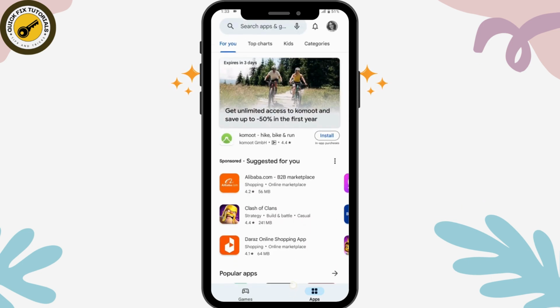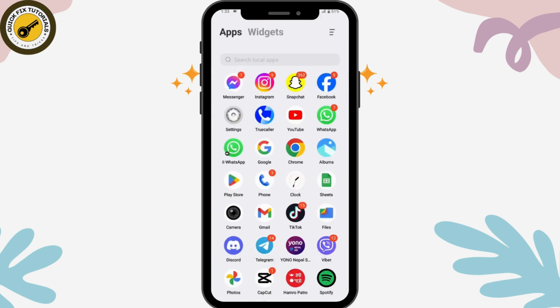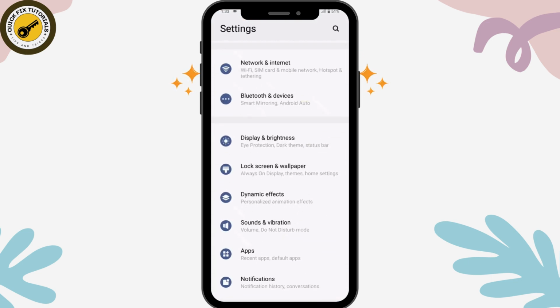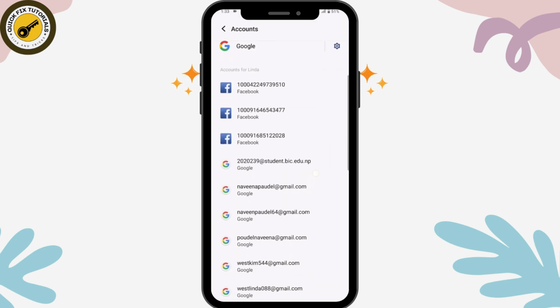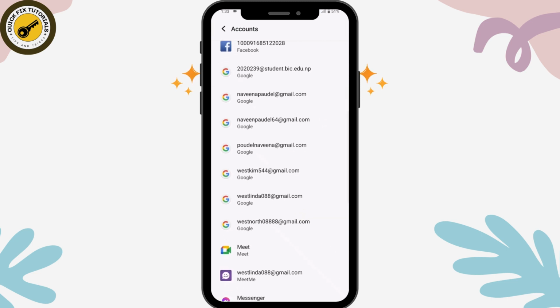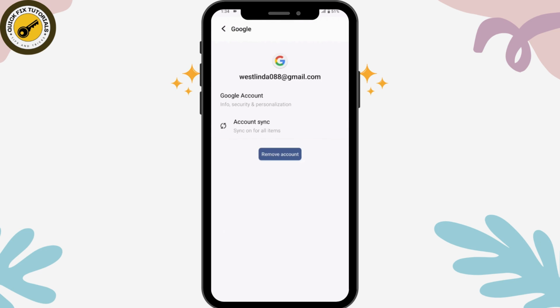Or you can also simply remove all of that, and then you can open up your settings and scroll down, go for account or accounts, and you will have all of the accounts on your device. So simply choose the Google account which you are signed in on your Google. So once you tap on that, here you will have remove account. So tap on remove account and your account will be removed from your device and you will be automatically signed out of your Google Play Store. So that's how you can sign out from Google Play